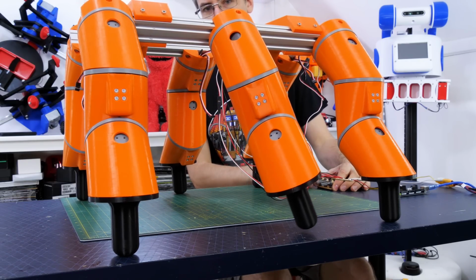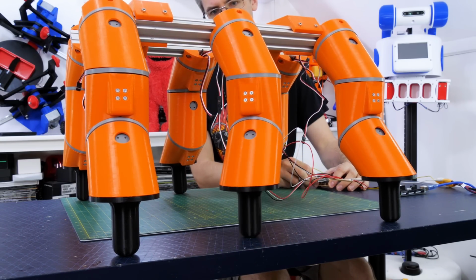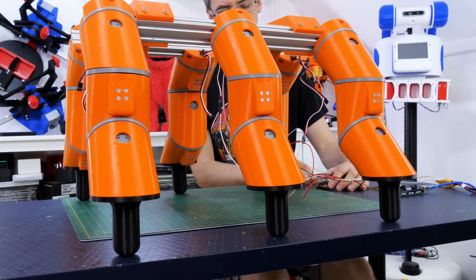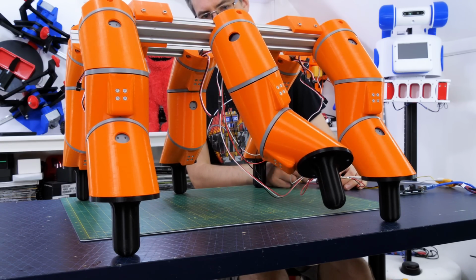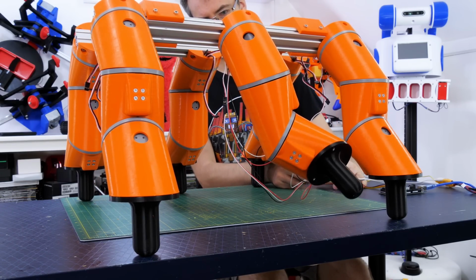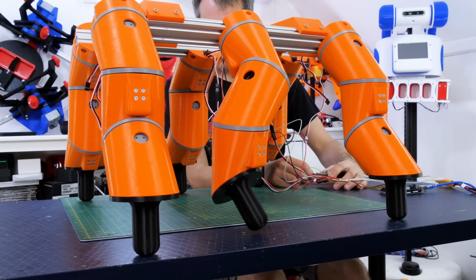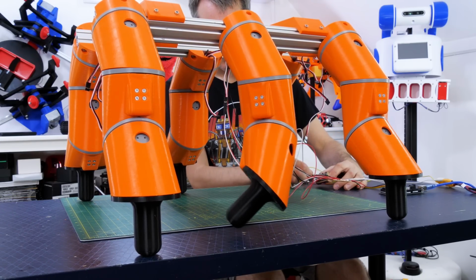So if I twiddle the knobs, we can see the first axis moves at 45 degrees, the second one moves parallel with the ground, and the last one moves at 45 degrees again. So trying to do this manually to try and make a walking motion is actually pretty tricky. I can just about pick up the foot and move it from one side to the other without scraping the ground, but really I need to spend some more time trying to sequence this